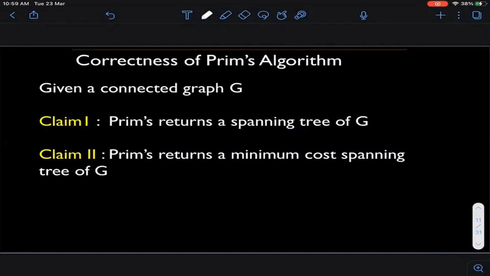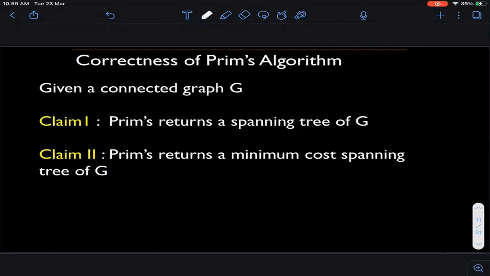How do you know, as Kevin was saying, that you actually included all the vertices in your set S at the end of the day? That's the first thing. The second thing is, how do you prove that you do not end up having a cycle in your graph? We are not checking that anywhere. But remember, if you want a spanning tree, you better not have a cycle in your graph. So both these things are not yet clear, so we have to prove both these facts, and that will prove that Prim's indeed returns a spanning tree of your graph.